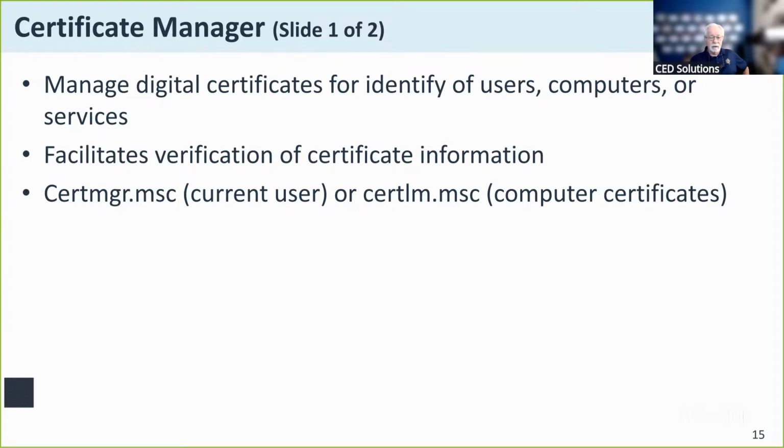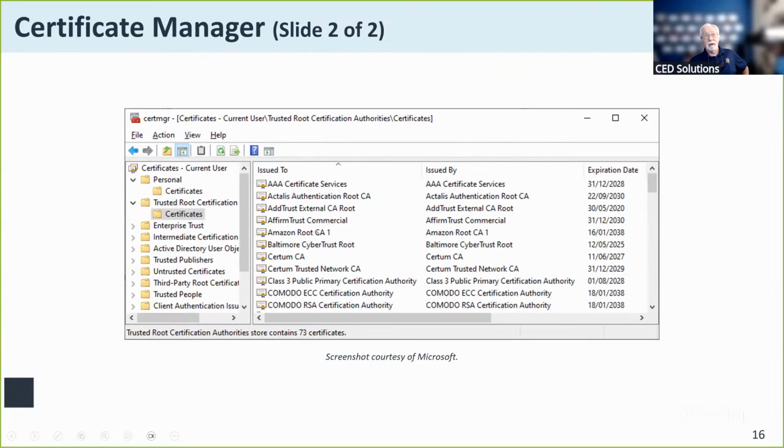Internally, lots of especially large enterprise organizations have become their own certificate authority. In the Windows environment, you've got the certificate manager, both for individual users and for computer systems. It's a panel that looks like this.